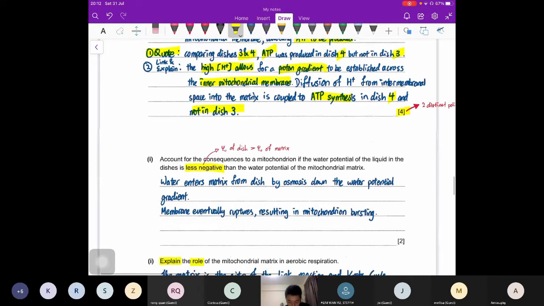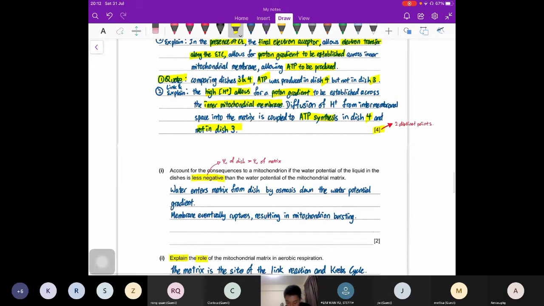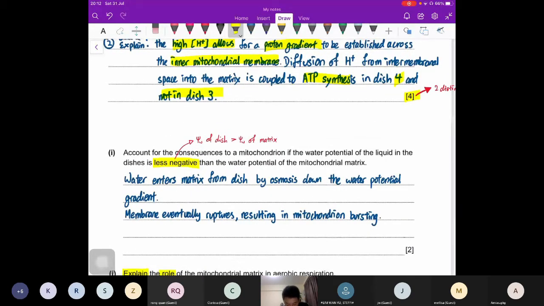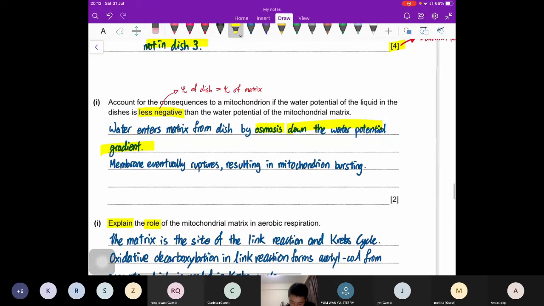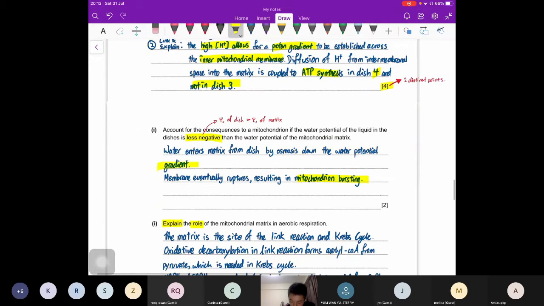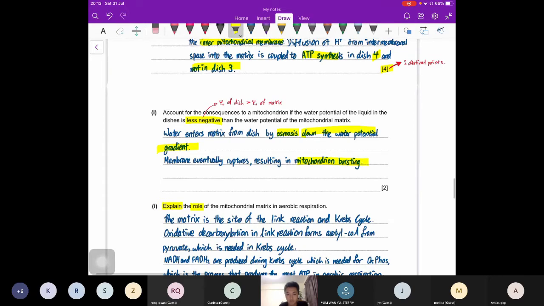Okay, let's move on. So you account for the consequences to a mitochondrion if the water potential of the liquid in the dish is less negative than the water potential of the mitochondrial matrix. So less negative means that the water potential of the dish is greater than the water potential of the matrix. Okay, so this question is just osmosis. Okay, so water enters your matrix by osmosis, and of course down the water potential gradient, and then your membrane eventually ruptures and your mitochondrion bursts. It's a very simple question. Okay,